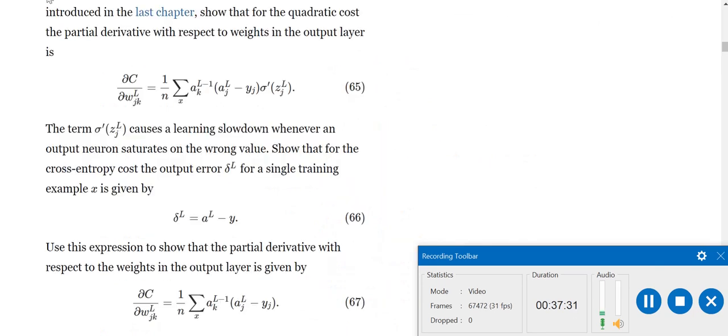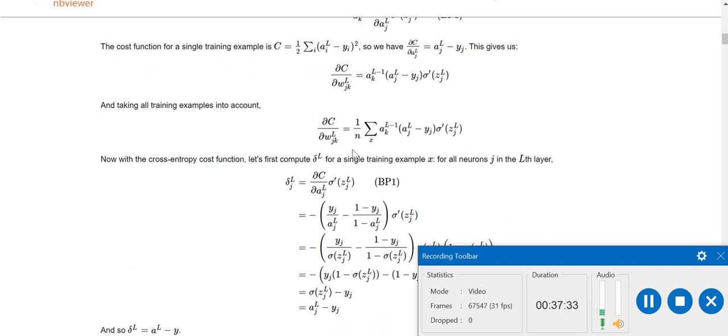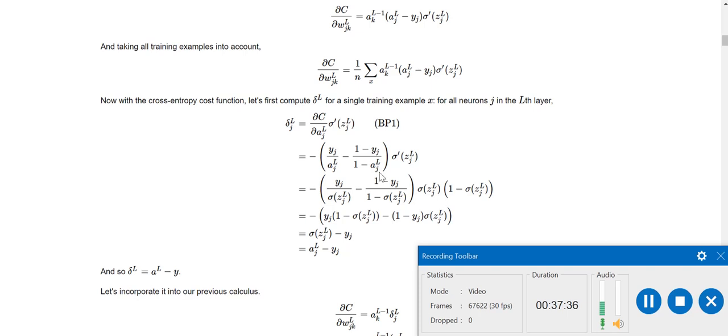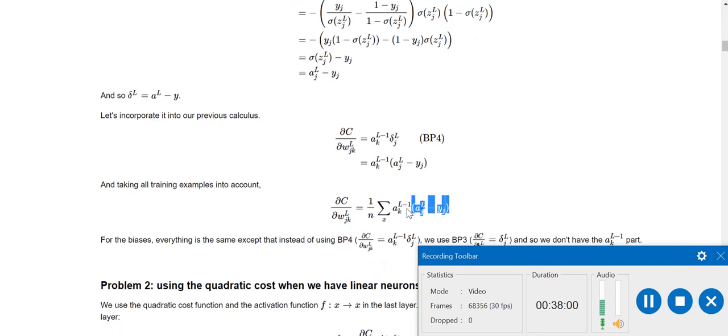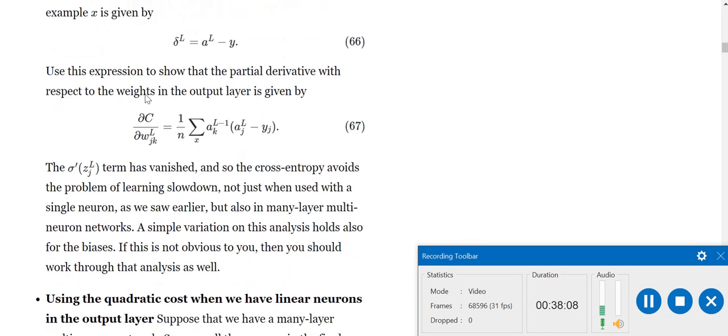Right. So for that particular question, this is the solution. For the first one, as I said, we're going to take the derivative and just solve it out. We'll get the same expression. For the second part, I forgot this fourth equation of backpropagation, which we can directly use. So the partial derivative of the cost with respect to weights is this: a_k^(l-1), the activation of the kth neuron in the (l-1)th layer, times the error in the jth neuron in the lth layer. And you can just substitute this error by this term, and when you sum over all the training examples, then you get the term as we want to show.